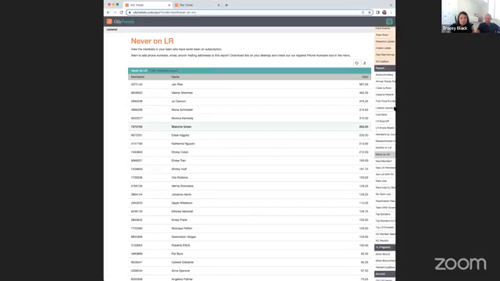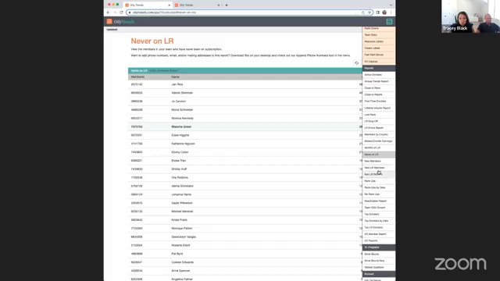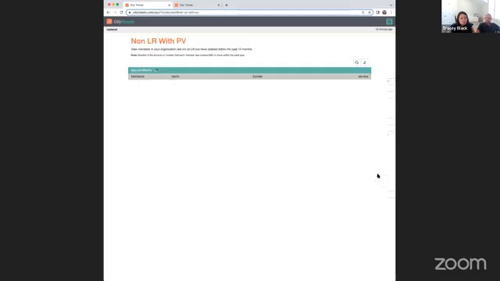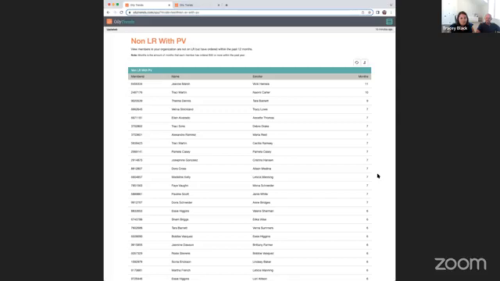There's another report here of people who are not on loyalty rewards and they have PV. So you can see here a number of months that they've had PV and they haven't gone on loyalty rewards. When you click on each person, you'll be able to see the total. This is a really amazing report. Again, you can't get it anywhere else. Just to be able to see the total is fantastic too. When you click on each individual person, you'll be able to see the total that they've spent.